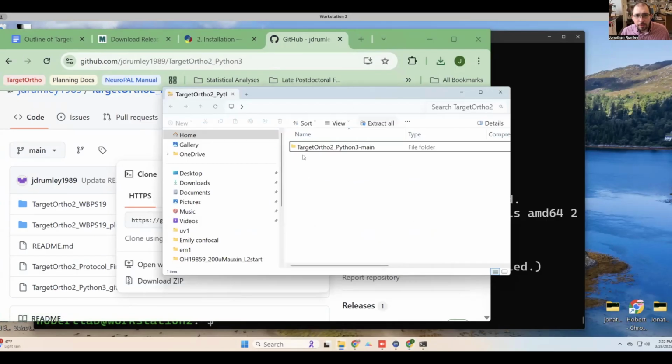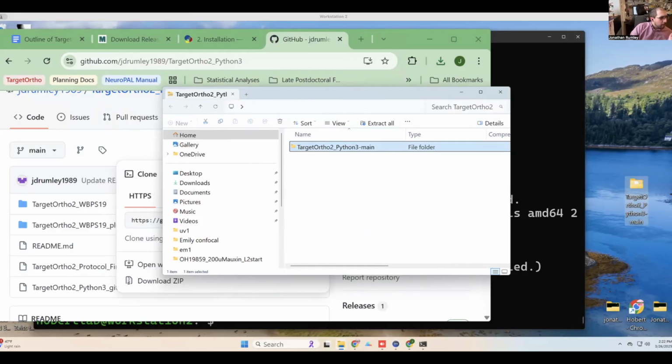And I'll extract this file, move it to the desktop. In the TargetOrtho2 folder,